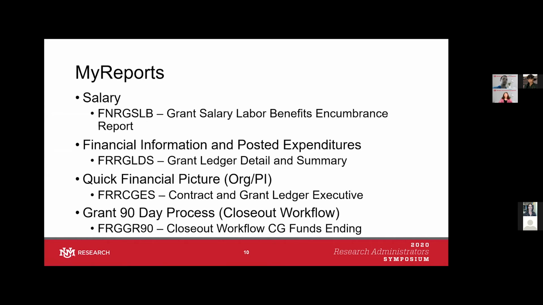In My Reports, if you are wanting some detailed salary information about what was posted on your index, you can use FNR GSLB, which is the Grant Salary Labor Benefits Encumbrance Report. And it basically has everything that was just stated. It has the salary information, it has benefit information, it has encumbrance information. You can see exactly whose salary was posted on your index as well as the amount in fringe. And we recommend that you actually run this monthly so that